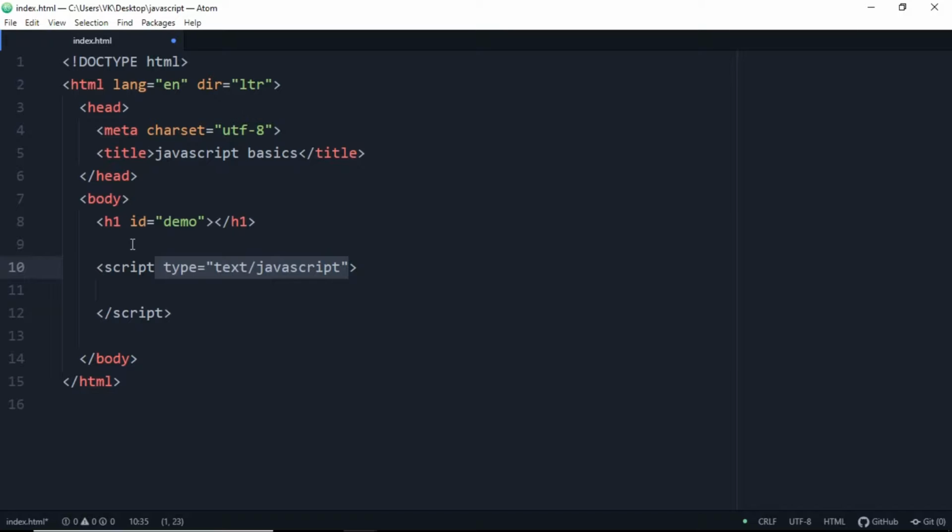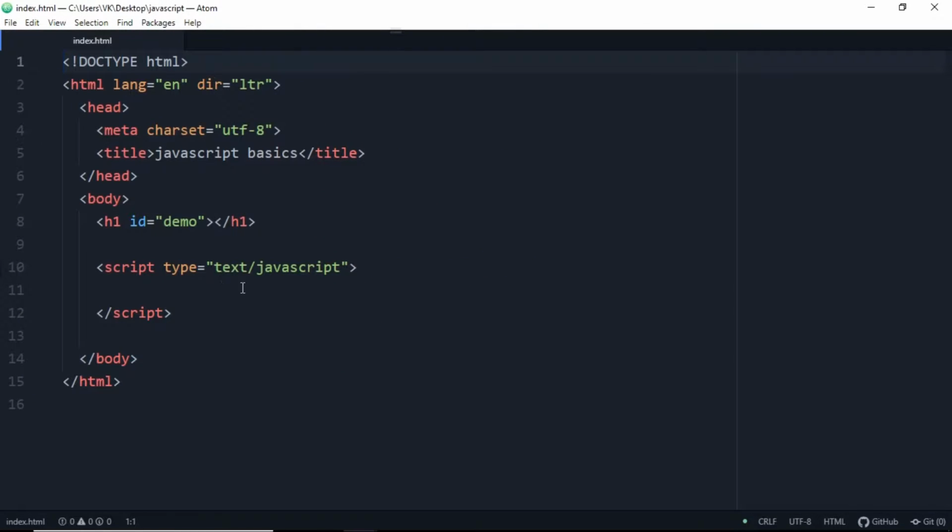You will get this type text/javascript. Just close this file and open it again. So here you will get all the script and the h1 loaded properly. So here we have this HTML file and this body tag. Inside the body tag we wrote the script, and we have this h1 here, and we have the title, the meta tag which is charset utf8. So that's fine, I think. Now we are ready to go.